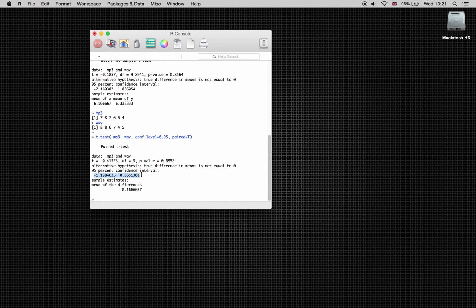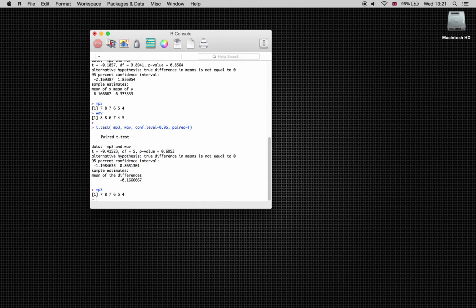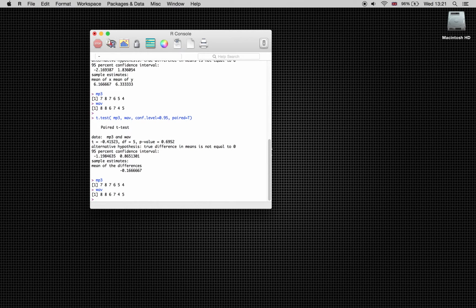It's, well, not really gone down, it's shrunk in. It does still include 0, though. It goes from negative 1.1984635 up to 0.86513001. It still includes 0, and so therefore we find that given these experimental results, that there is no significant difference between the quality or perceived quality of MP3 and WAV, and we have our